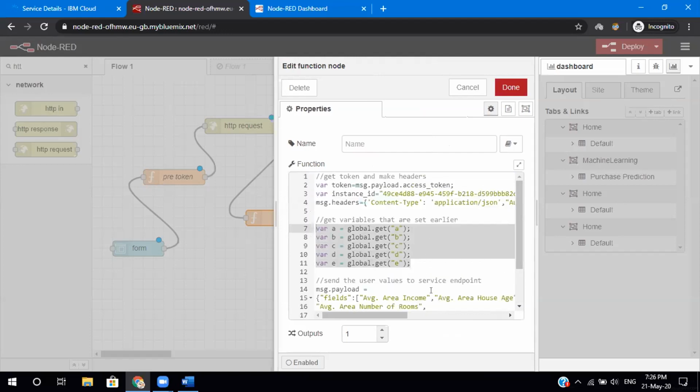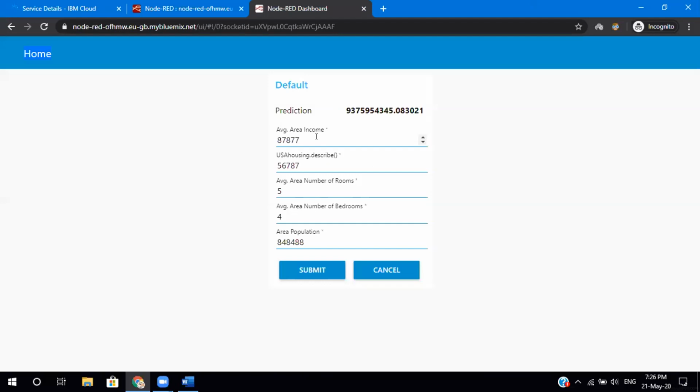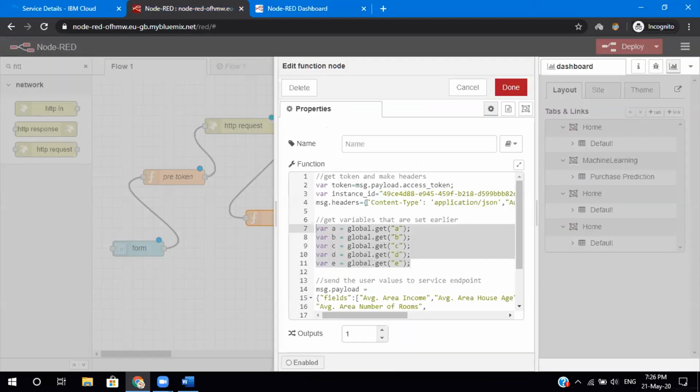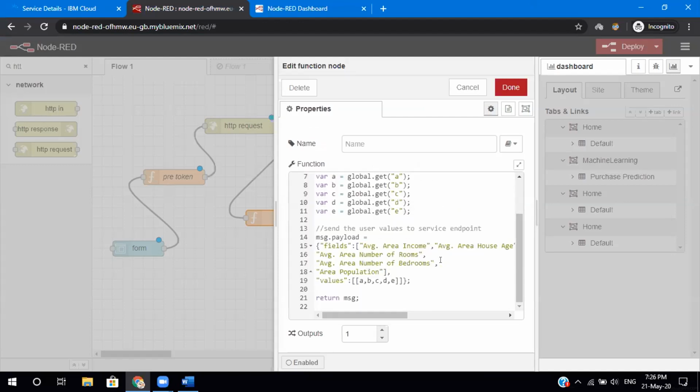We have all the data collected from the user, like 87877567875 and all of these things. We also have headers, instance ID, and token. So now we are able to access the machine learning model. To access the machine learning model, we have to give the field names.